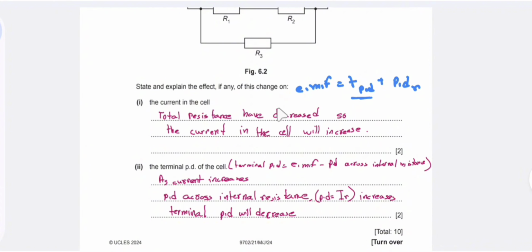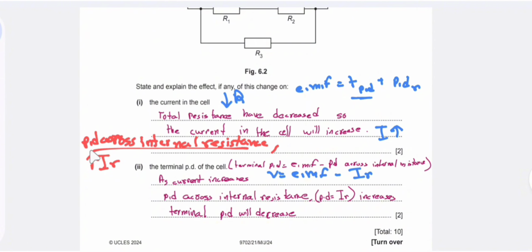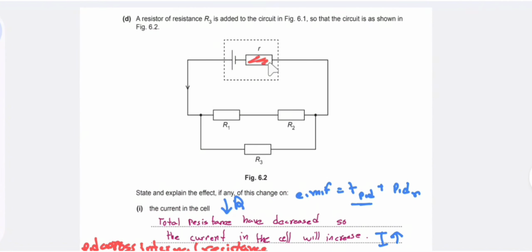Initially, the current has increased as the total resistance has decreased due to the parallel combination. Since the current has increased, we know that the terminal potential difference V is equal to EMF minus the potential difference across the internal resistance, that is Ir. As the current has increased, and the internal resistance value is the same,